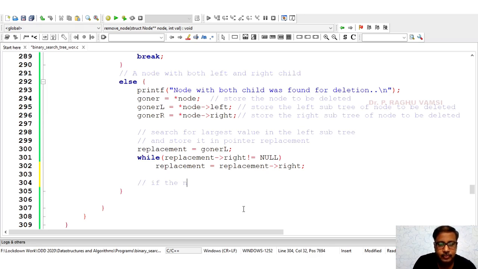So if the replacement node has a left subtree, then that must be stored. So we should store the address of that subtree. So for that, what are we supposed to do?